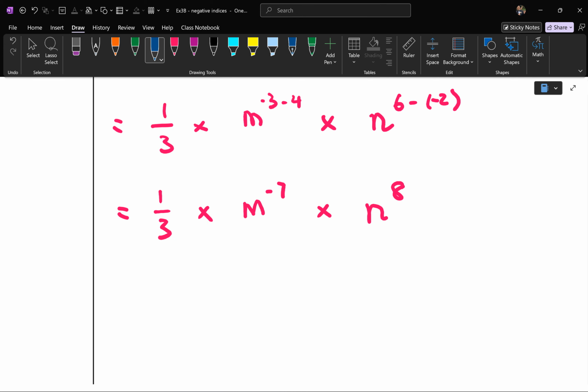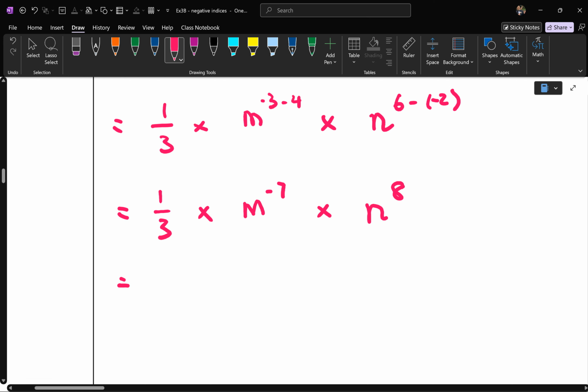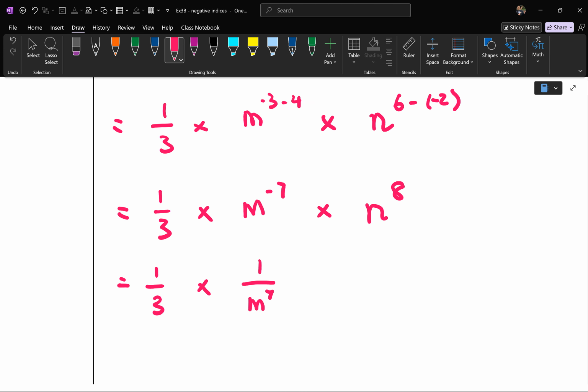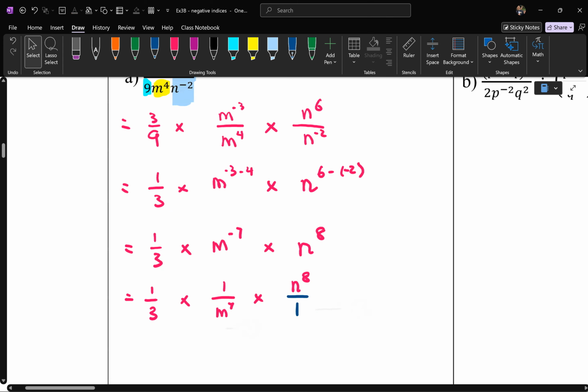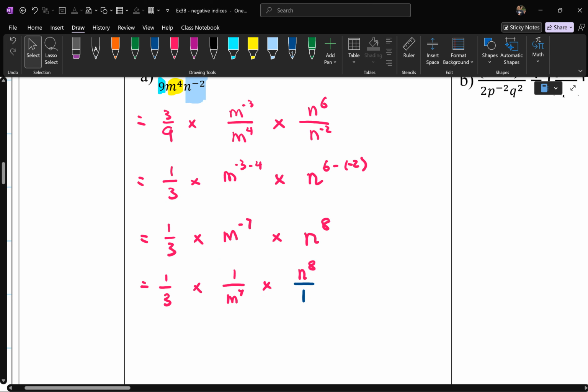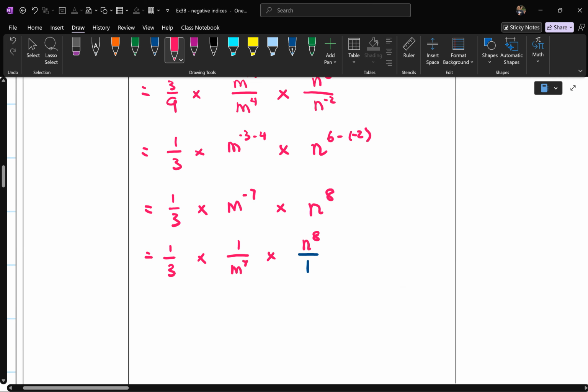That's when you use rule number 7. See how I'm doing it? I don't do it within the calculations. I do it at the end. So here, this is the same thing as saying 1/3 times 1 over m to the power of 7. That's rule number 7. Times n to the power of 8. Well, currently it's not a fraction, so I'll write it as a fraction over 1. Final answer should be, numerator is all calculated as 1 times 1 times n8,